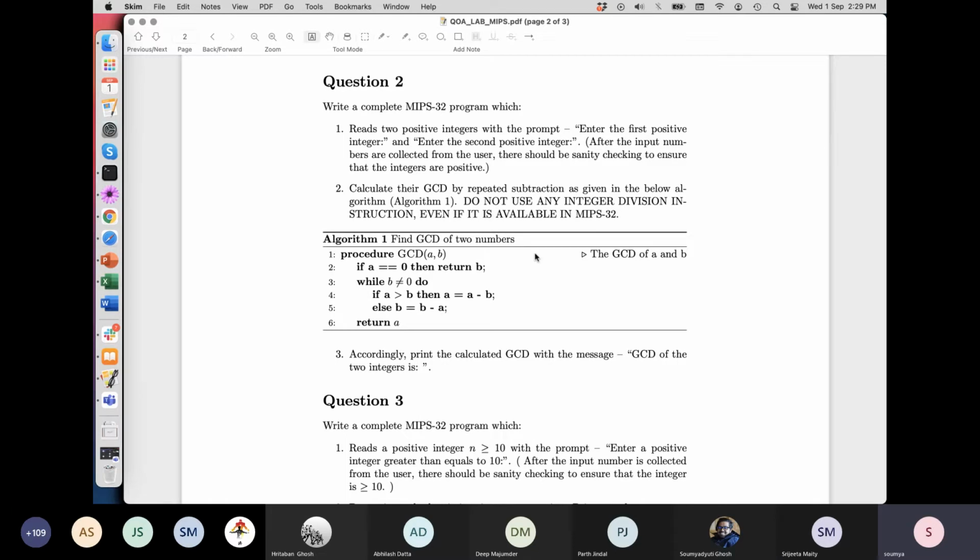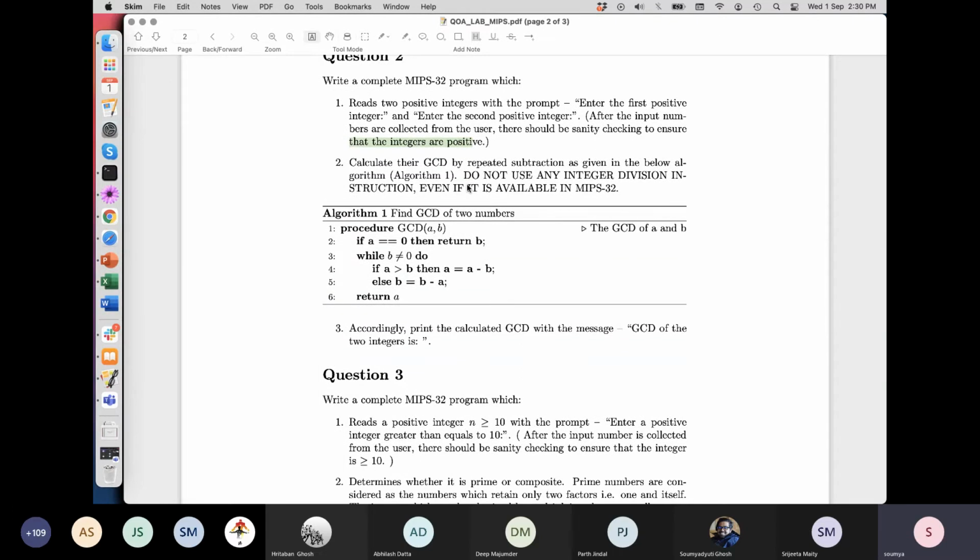So the second one which you submit is this MIPS program for computing GCD. But note something. You have to scan and take the 2 inputs, right? Both should be positive numbers. And of course, inside your code, this is important, we will be marking based on these things. There should be sanity checking. That means you should have conditional execution to check that the integers are indeed positive. And once that is done, you have to calculate the GCD, but do not use the standard GCD algorithm, which employs division. Instead of that, you use this simple procedure of computing GCD without division. I think it's a simple one.